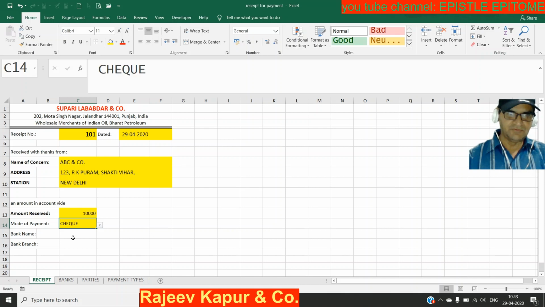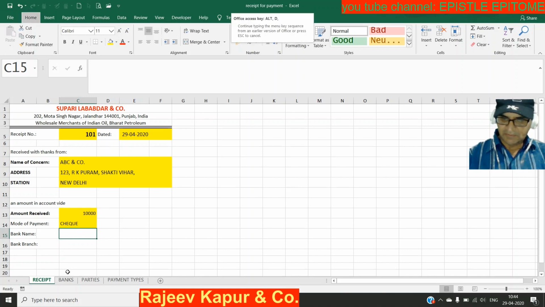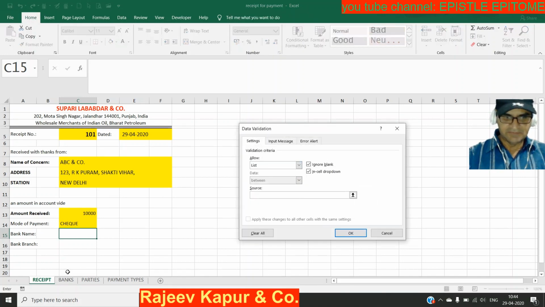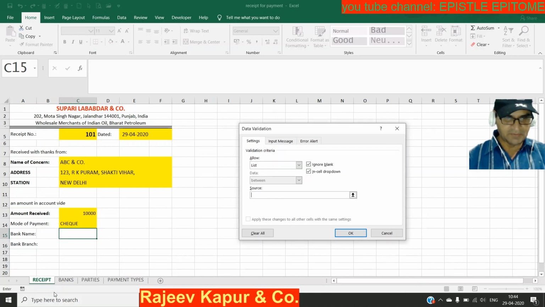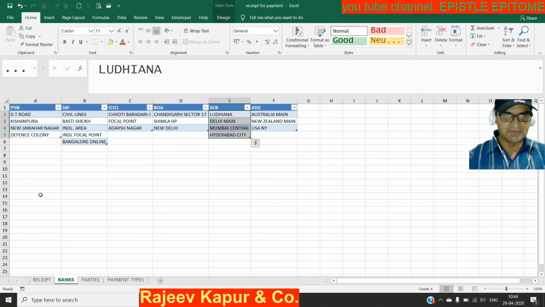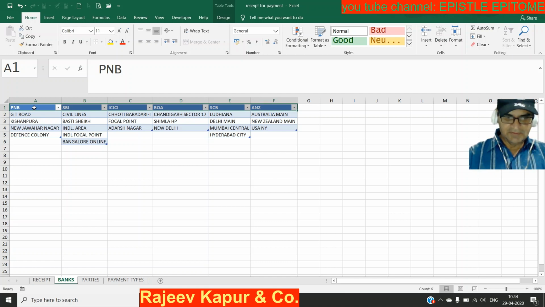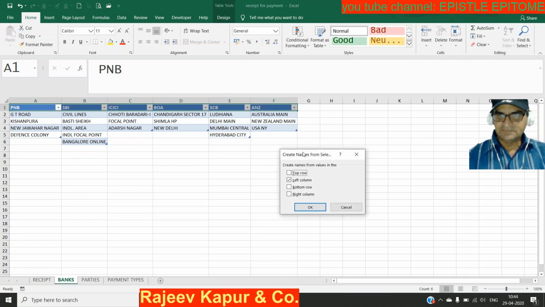We can choose check or RTGS. So we have chosen check. Now we need to know the name of the bank. So again Alt DL, list. Press F3. Since we haven't defined the names of all the banks, we have just defined the tables of each and every bank. For all the banks, we need to choose all the banks, and we'll press,